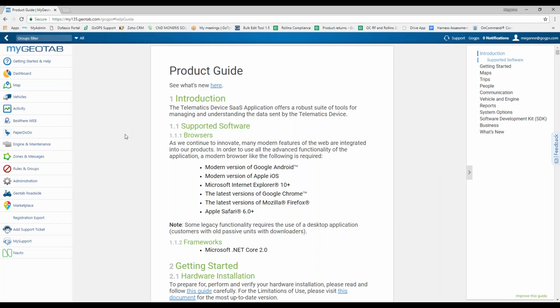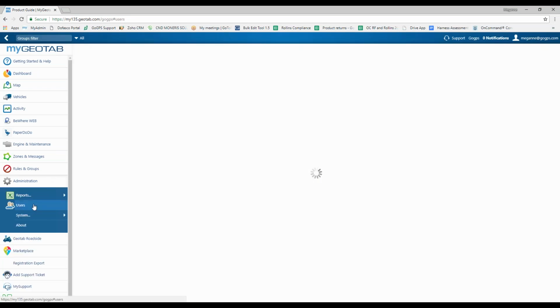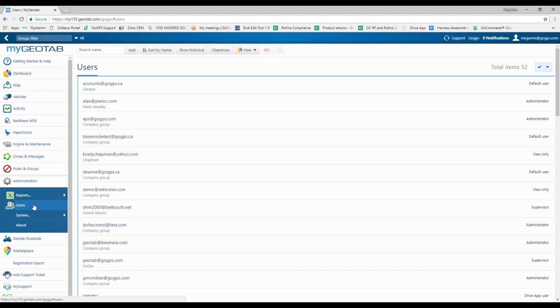How to add a user. Start by clicking on the Administration tab and choosing the Users option. Inside of here, you'll see a list of users that are currently set up in your system. To add a new user, click the Add button at the top of the screen